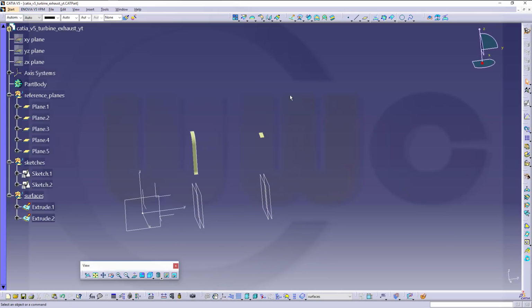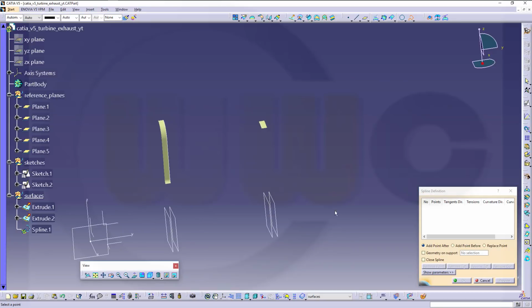And as I've already said, I want to use a multi-section surface. Then it might be a good idea to use some guides. You can do the guides with sketches or with 3D splines. Let's try to use 3D splines. So go here to the 3D spline,